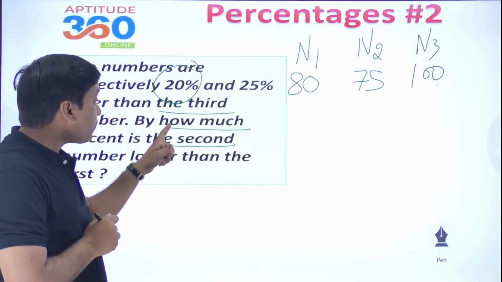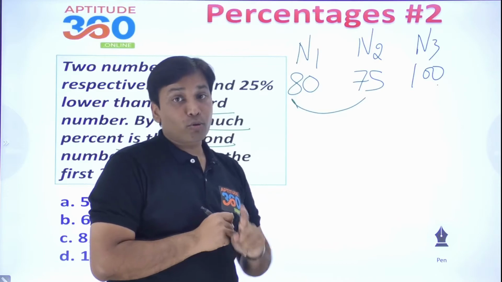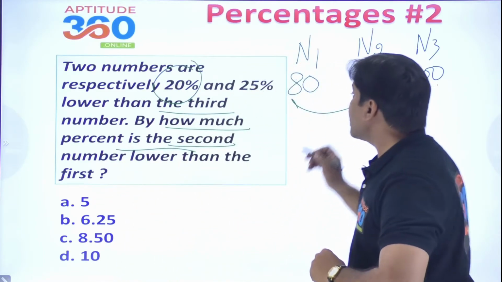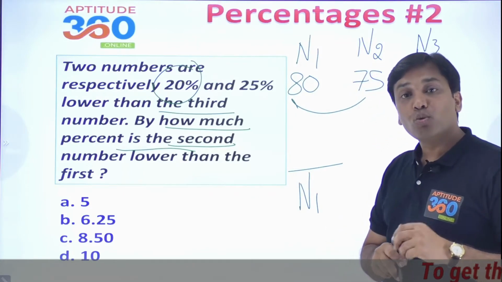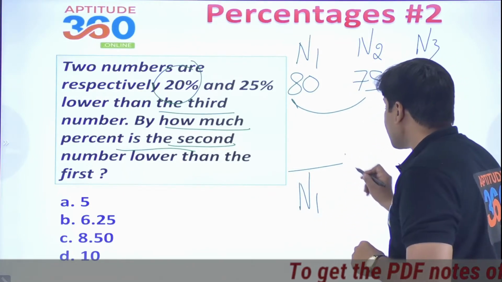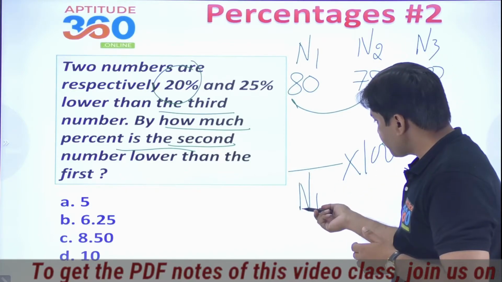Now by how much percent is the second number smaller than the first number? Try to understand this thing. The second number is smaller than the first number, yani the comparison begins with the first number. This number should be written in this format. Is that okay? बड़ा simple सा काम है.